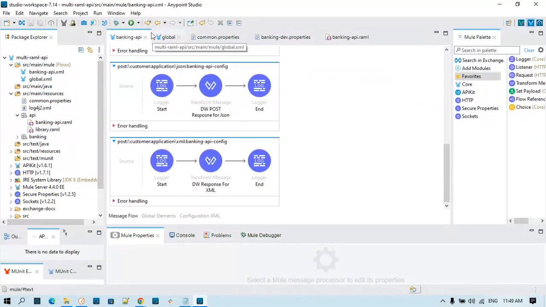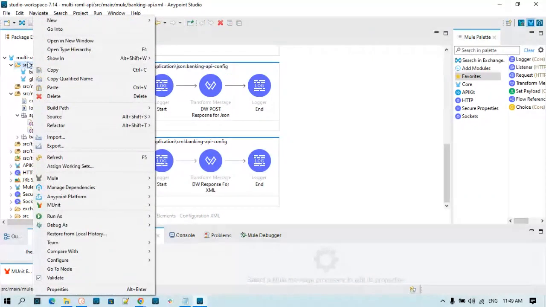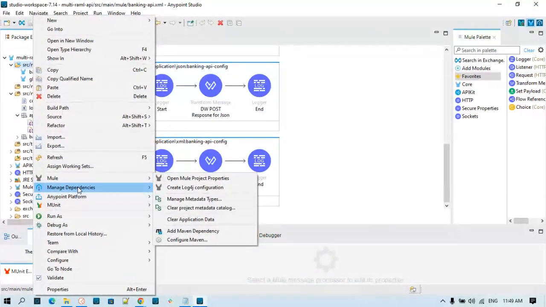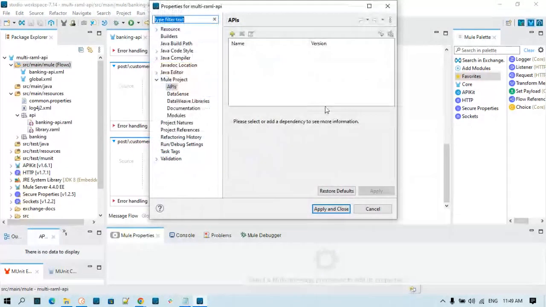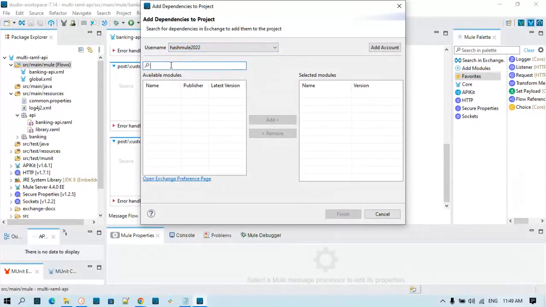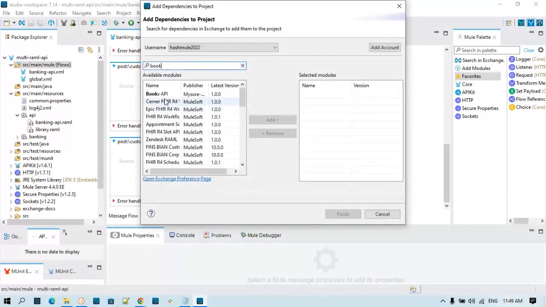So what I will do, let me close other things. I will right click on this. I'll go to manage dependency, manage API, and this I will edit from my exchange because it is already there in my exchange, and my name is books API, so I can see it over here. So I will just add it